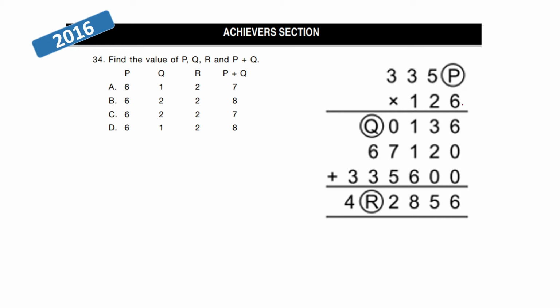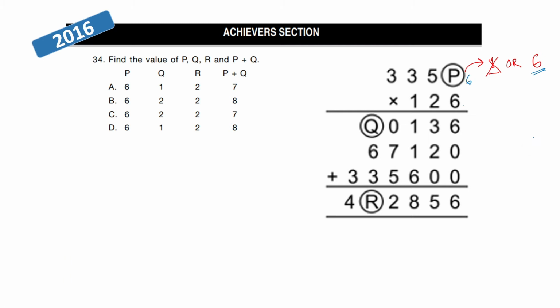Now the number multiplied is 6 with an unknown number P, and the answer gives 6 in one's place. Now this means P can either be 1 or it can be 6, because 6 times 1 is 6 and 6 times 6 is 36, and they give 6 in one's place. Let's assume P is 1. So if P is 1, 1 times 6 is 6, 6 times 5 is 30. That means here it should have been 0, but instead it is 3. So P is not 1. Let's try with the other option, P being equal to 6.